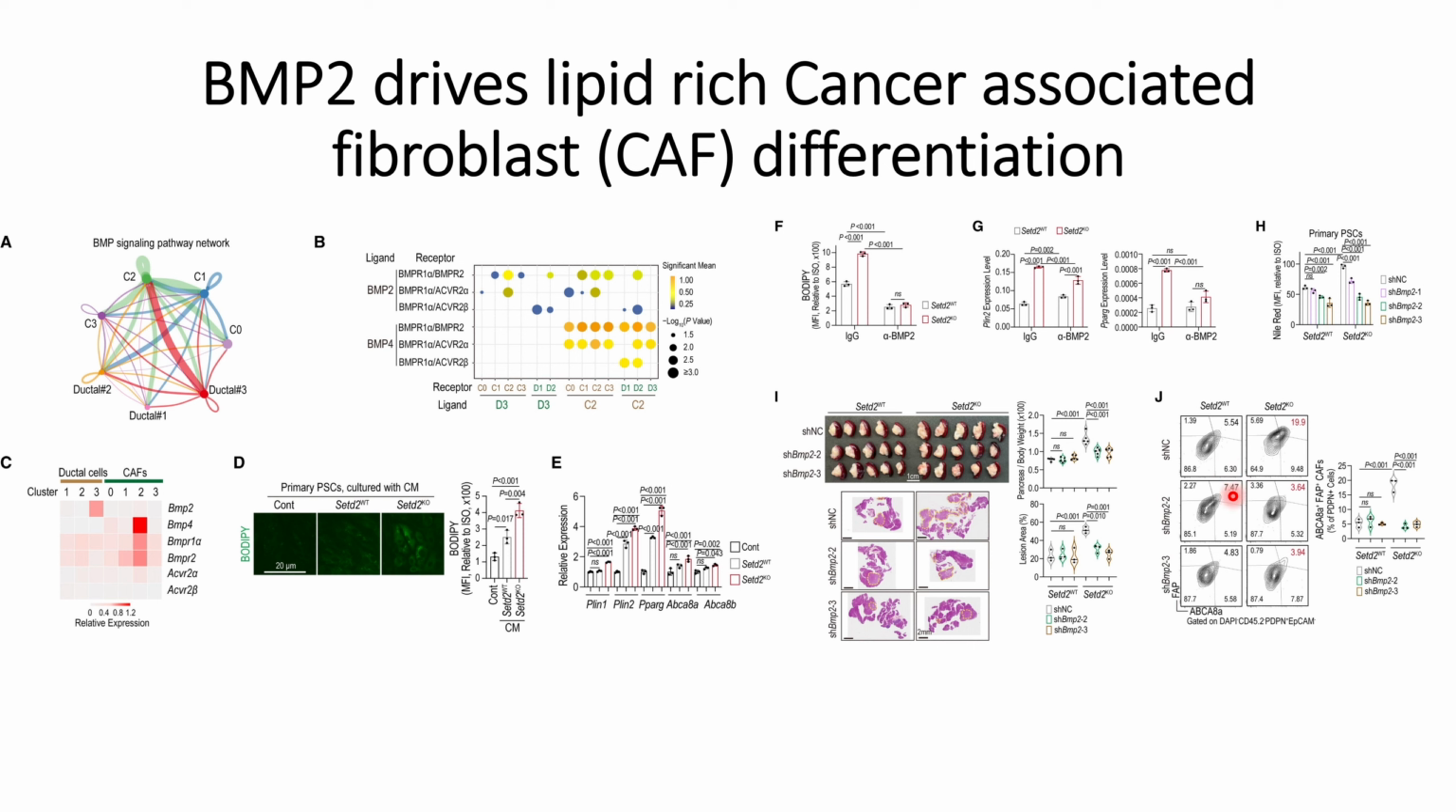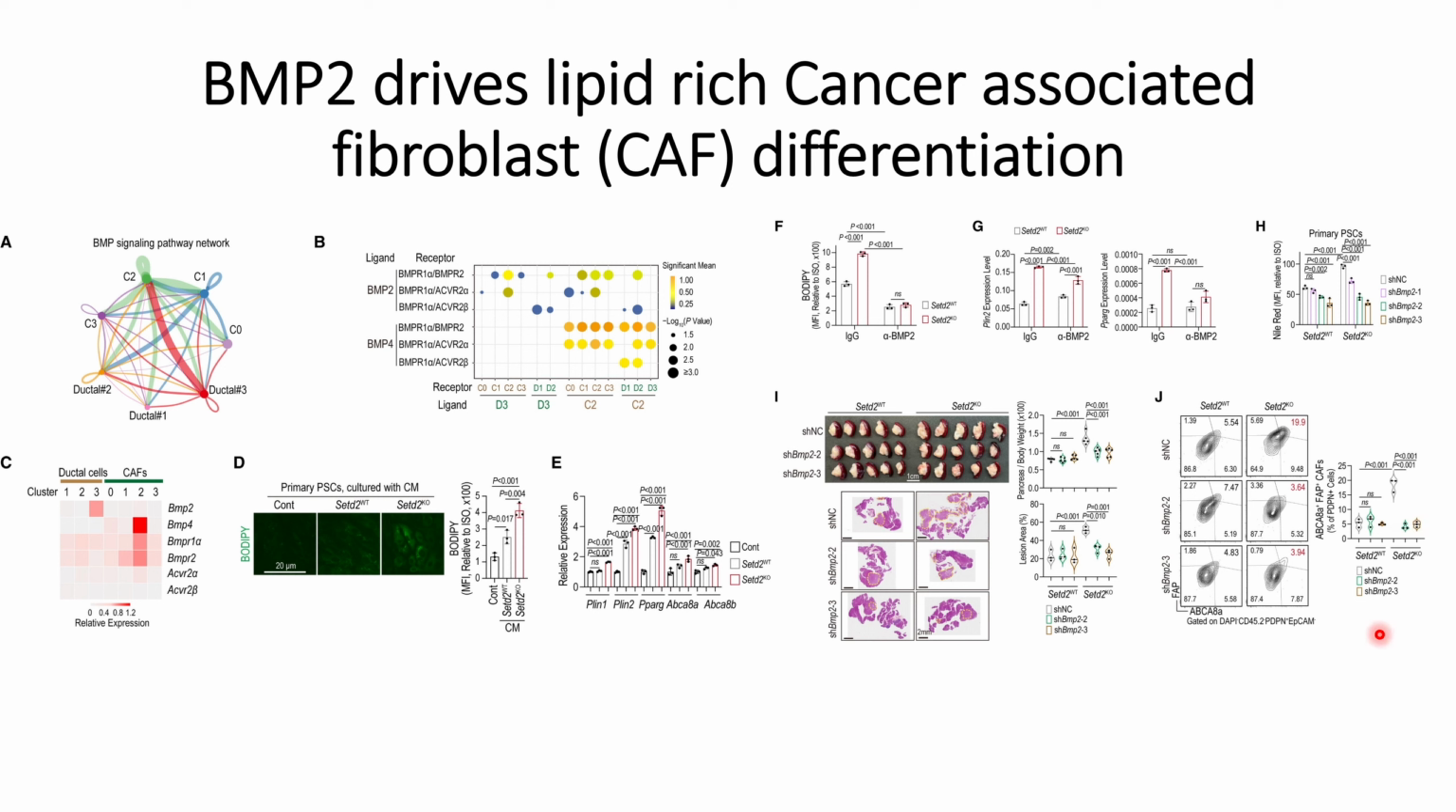In the SETD2 wild type, I do not see any significant increase or decrease, or any significant impact of this silencing BMP2. Whereas in the case of SETD2 knockdown, they can see a significant decrease in this C2 cluster when they use the silencing RNAs against BMP2. And these things are also quantified on the right hand side, where in the case of SETD2 wild type, there is not much significant difference between the control and BMP2 knockdown cells, whereas there is a statistically significant difference between the control and BMP2 knockdown cells in SETD2 knockdown pancreatic cancer cells,